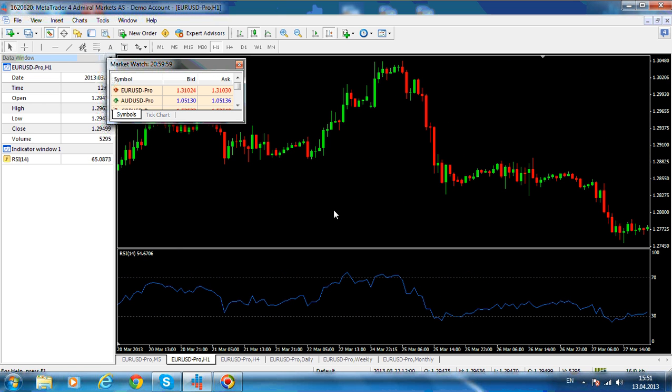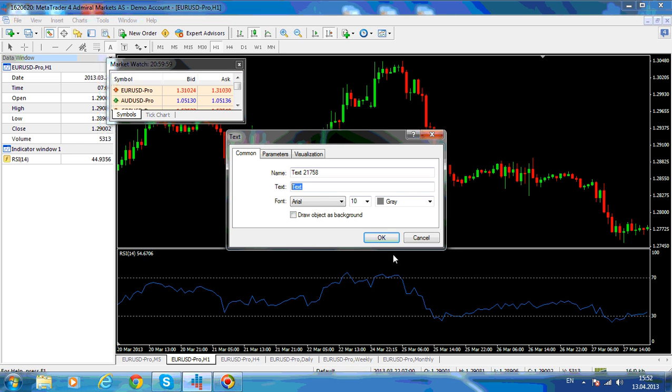One of the most important theories out there says that if you have an oscillator value on the RSI, and you're looking at the data window in here, higher than the 70 level, then this is considered to be overbought. So you might just write in here that this is considered to be overbought